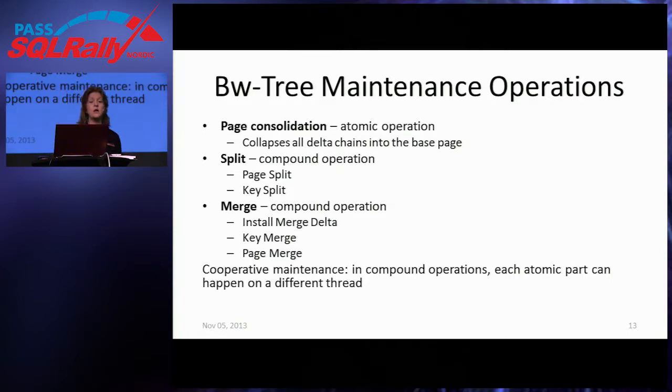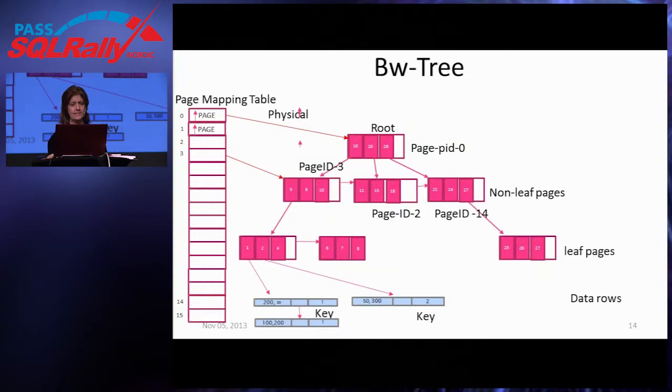And the trees are automatically maintained. As you get a lot of deltas, you need to collapse them all into a new page. If you start doing inserts, pages may have to split. If you start doing deletes, adjacent pages may have to be merged together. And so I'll show you all three of these operations, not in a whole lot of detail, but enough that you'll hopefully get at least some flavor of how this is different than the older B-tree indexes.